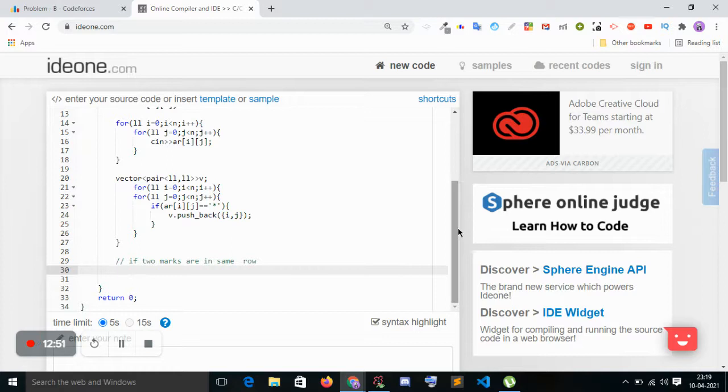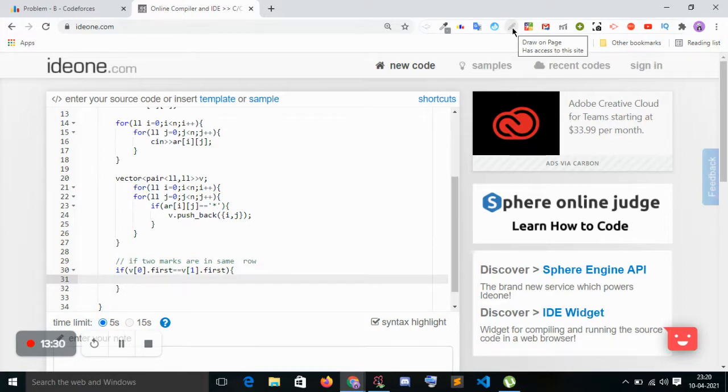Check if v0 dot first equals v1 dot first. If it is equal, that means the two marks are in the same row. Okay, wait.